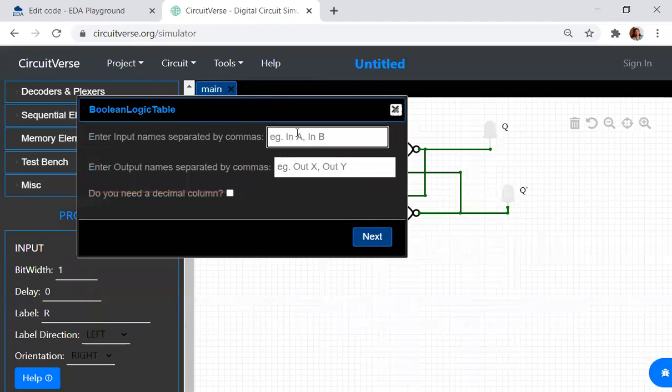Now what are the inputs I have? I only have S and R as the inputs. So let me write it as S and R only. S and R is the input. What is the output? Q is the output and Q bar is the output. Q and Q bar. Understand that here Q acts as both input and output. Only for R notation we take Q as the previous state and Q plus as the next state. But still Q will be the output.